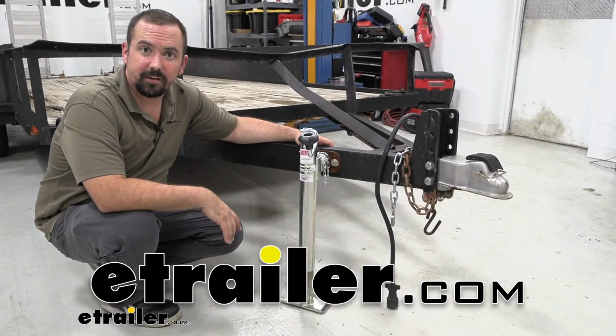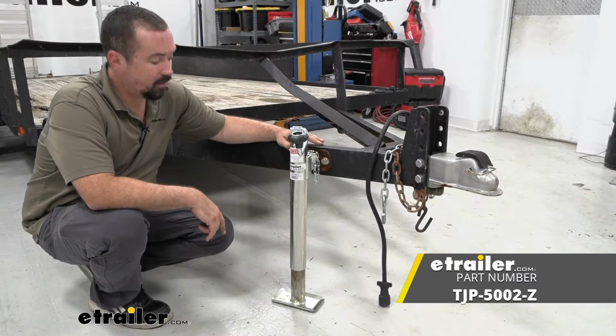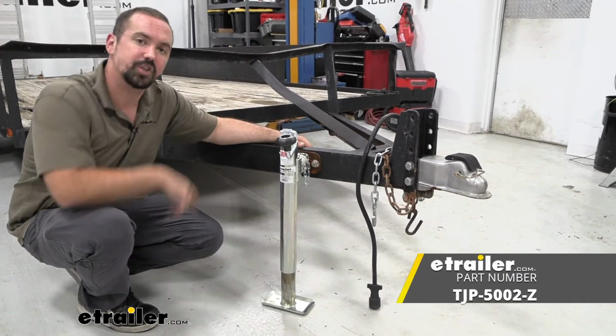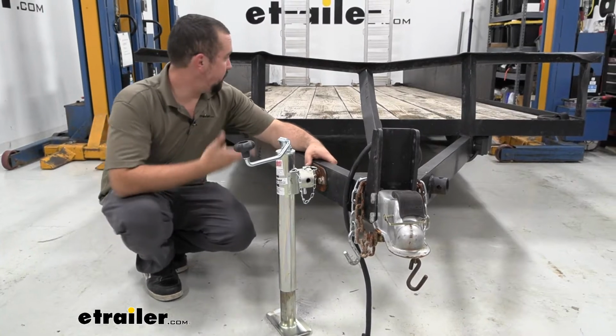Hello neighbors, it's Brad here at eTrailer, and today we're taking a look at the round eTrailer pipe-mounted swivel top line jack. Now on the trailer that we have our jack mounted on, this is going to be one that's